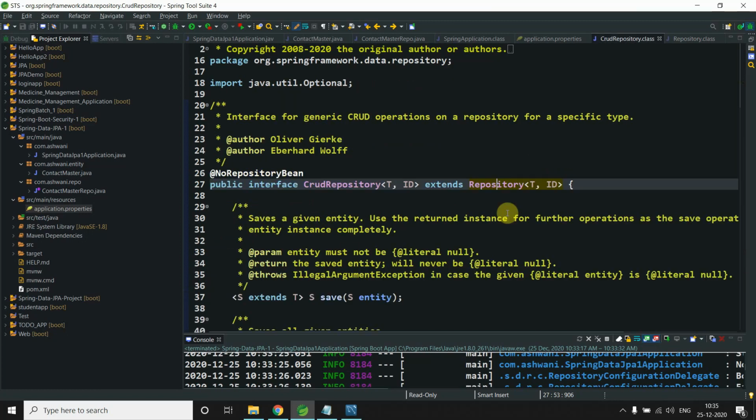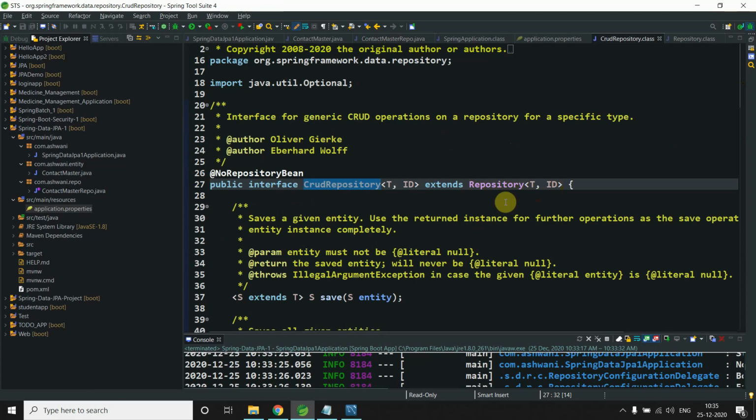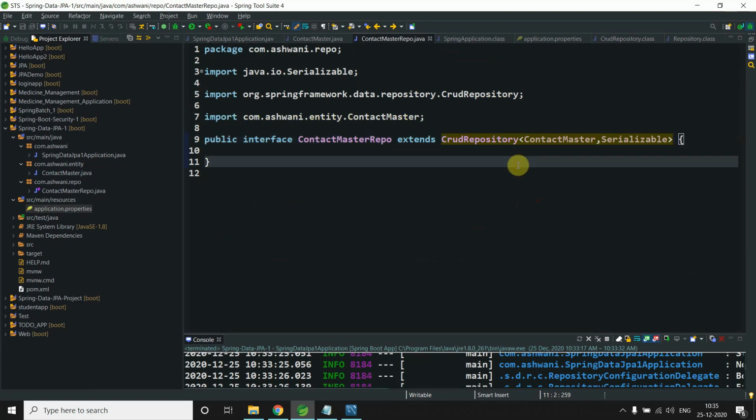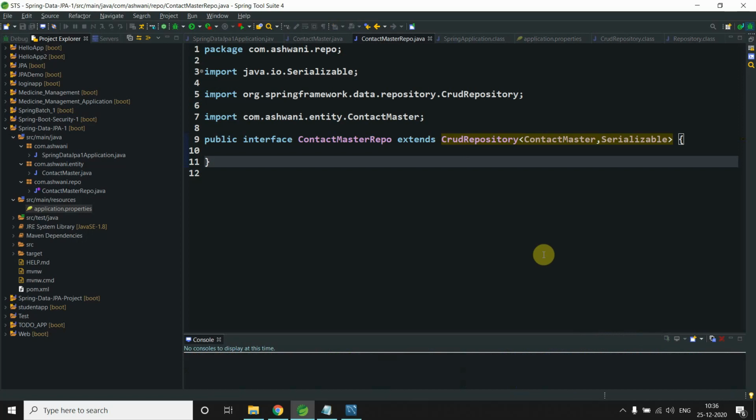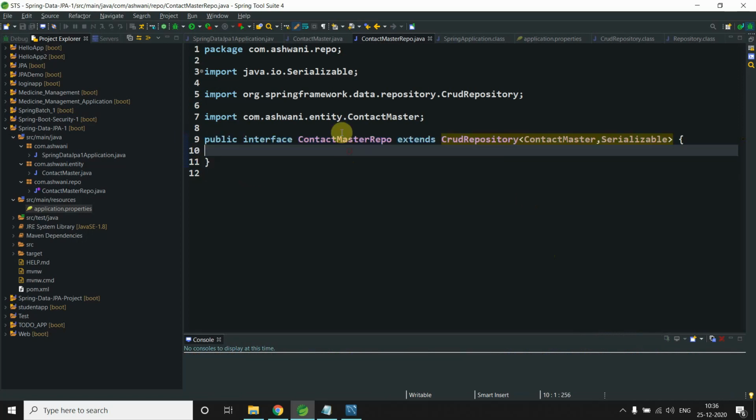Suppose here we extend this CRUD repository interface and it extends the marker interface, so indirectly you are also extending this. What is the role of this repository interface here? If some interface called contact master repo extends that repository interface, it indicates to JPA: at runtime, buddy, you have to give the implementation for the interface called contact master repo.